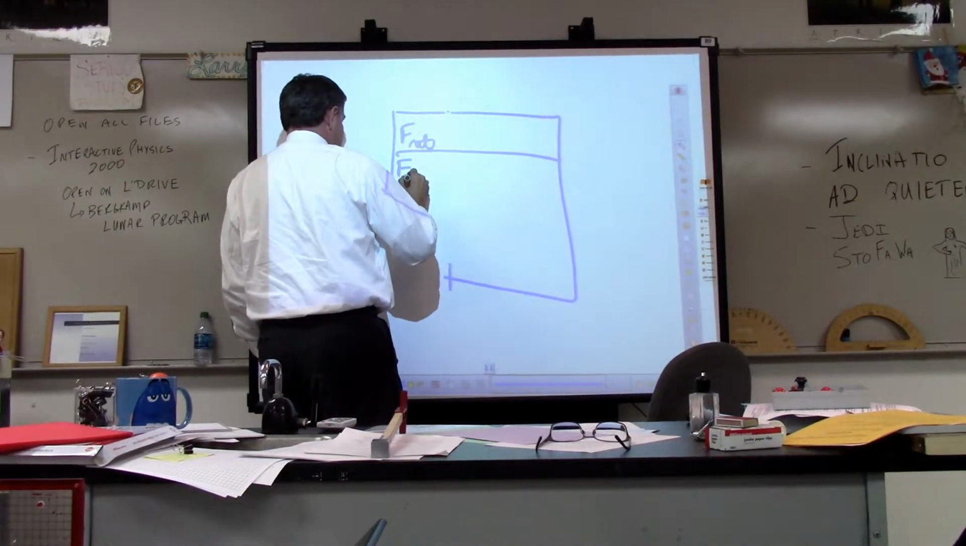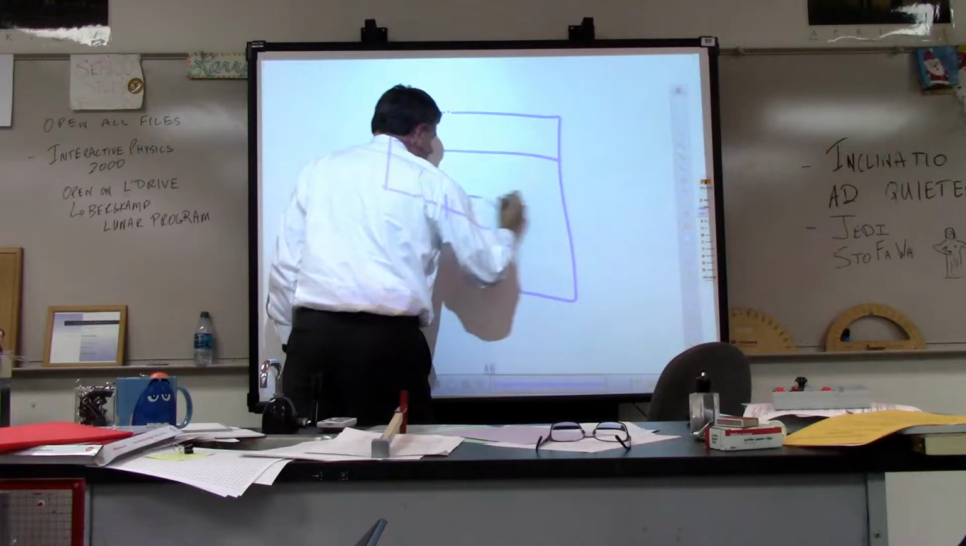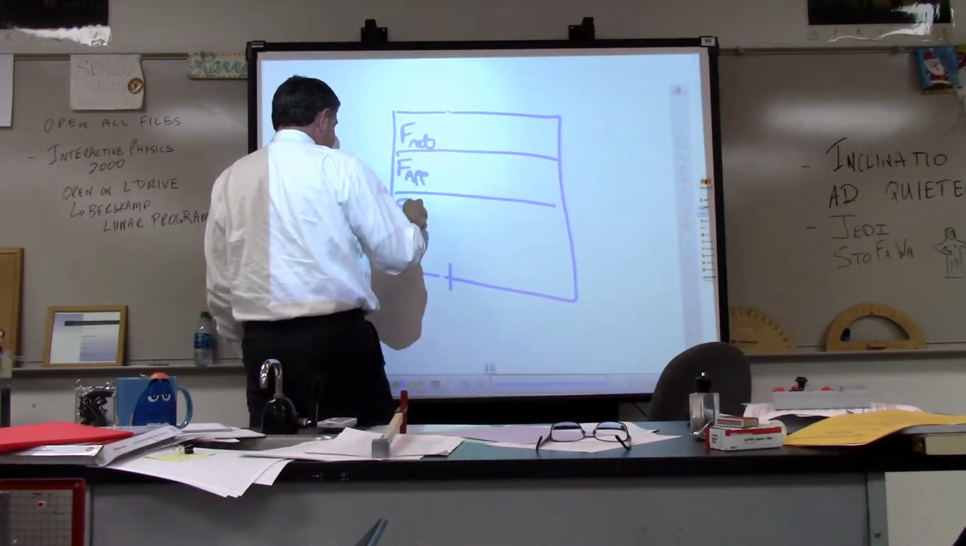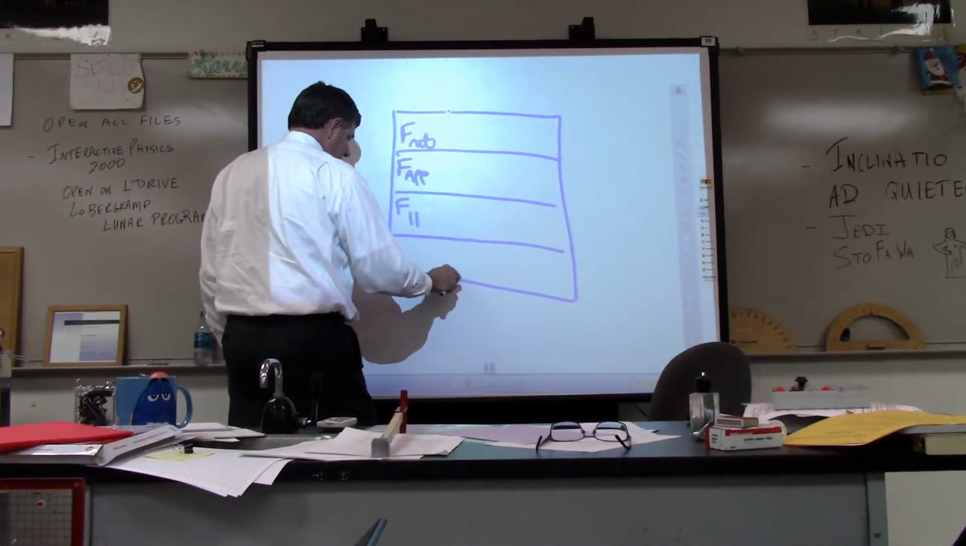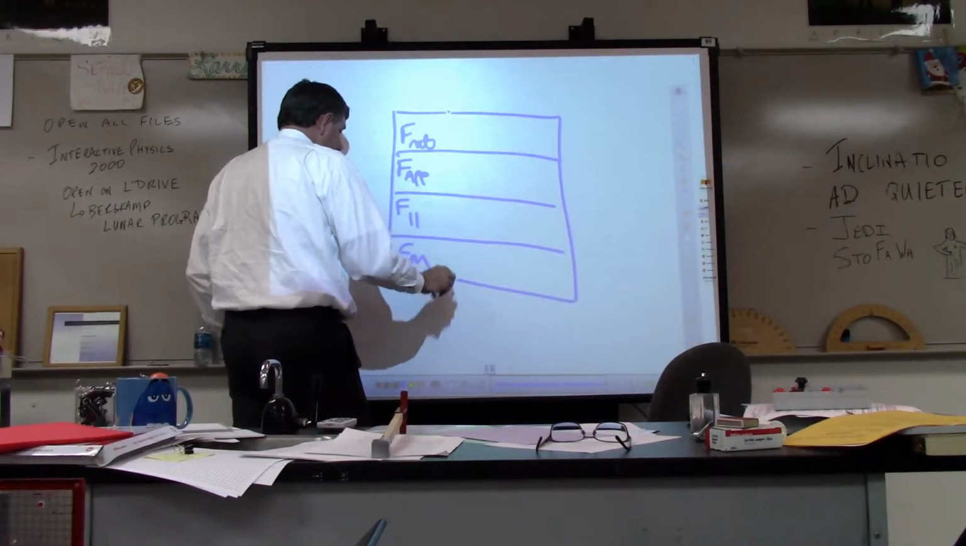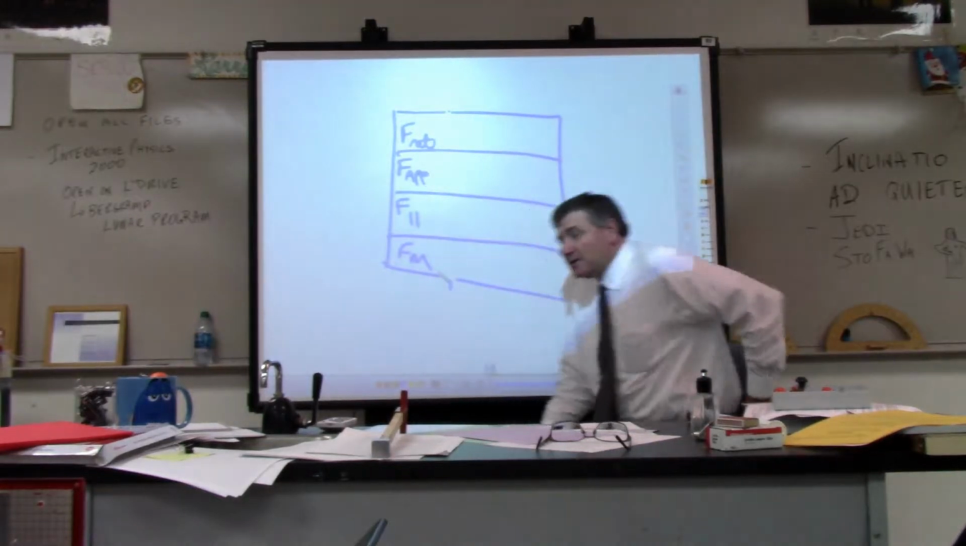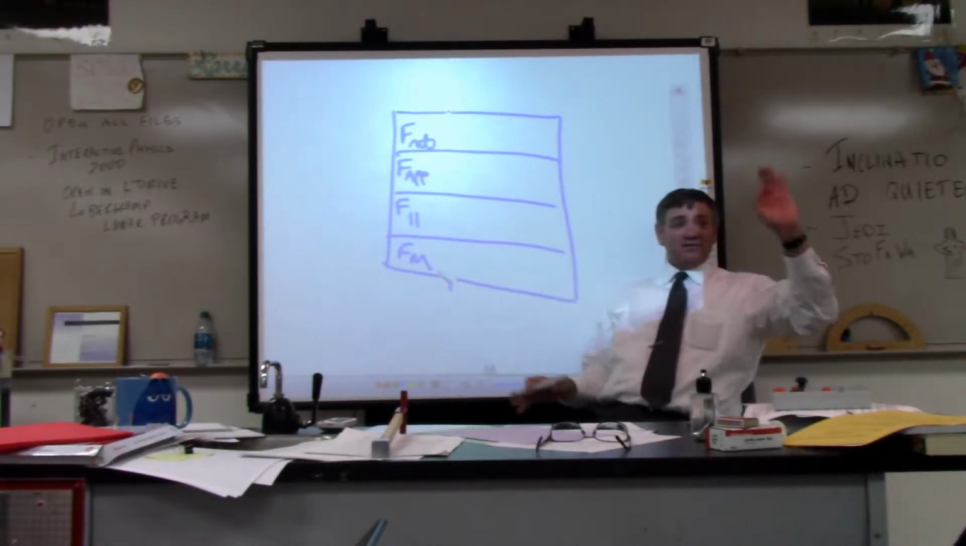I've got a potential applied force. I've got a potential force parallel. In this case, I've got a potential force from the magnet. Now, let's look at this. The first time through